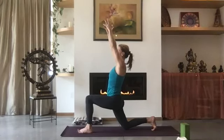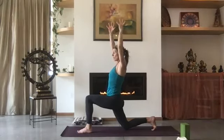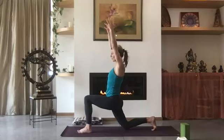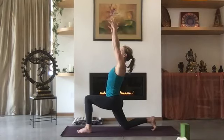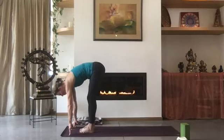So the whole thing we're doing in yoga is just coming right to where we feel sensation in the body. And to you, that might feel like pain, it might feel like discomfort, it might feel like tension or resistance. It's all part of it. And we're just coming up and meeting the sensation with our breath. And then letting it open. And then on your exhale, your hands are going to come down, and we'll step both feet forward and separate